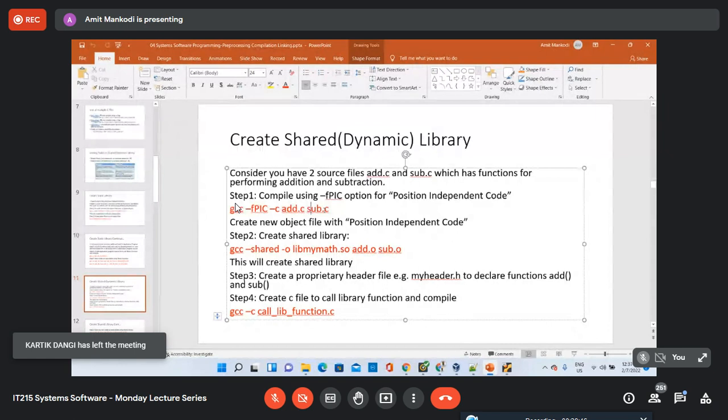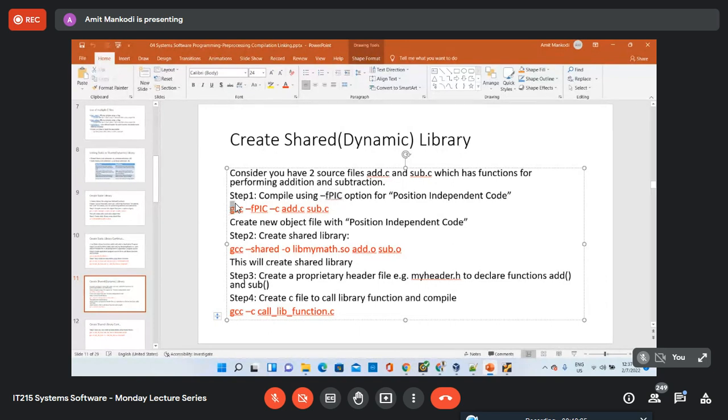So the executable code should have a different memory address range, and this object code should have a different memory address range. And in order to do that, we specify this option called -f PIC. PIC here stands for position independent code, right? So basically the address is not dependent, is what we are trying to say. Position independent code. So the executable code position in the memory and the object code for these functions in the memory are independent, right? So both are not dependent.